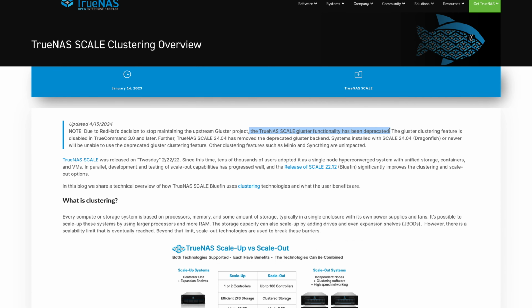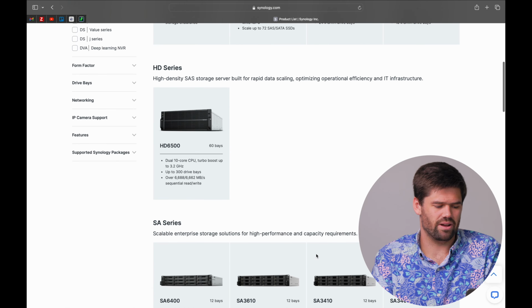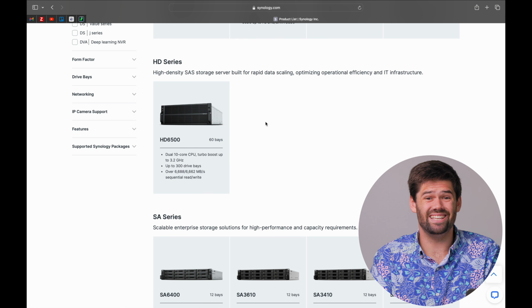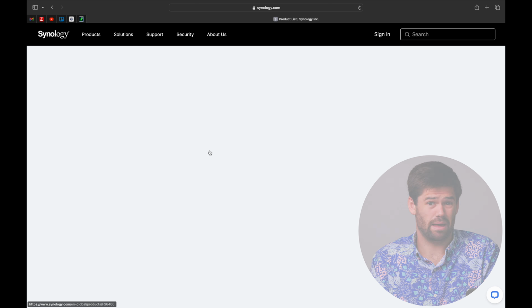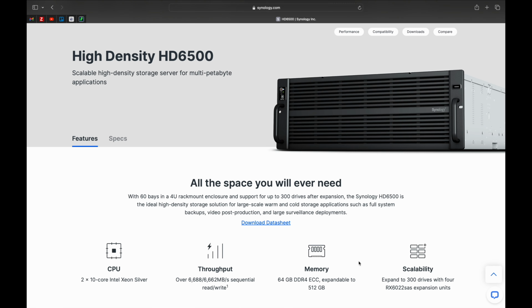And that makes stuff so much easier. All right, so now we're going to start with the Synology option. If you want to go Synology, you really only have one option for these petabyte level projects, and that is this guy right here, the HD6500. This is a massive unit, draws a ton of power, is really loud, but it can store 60 hard